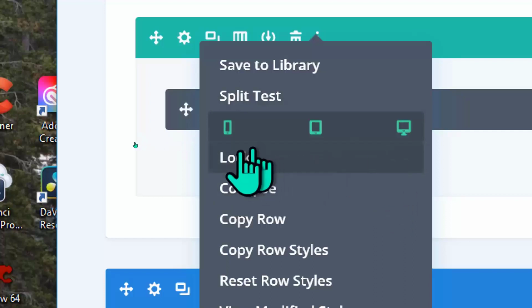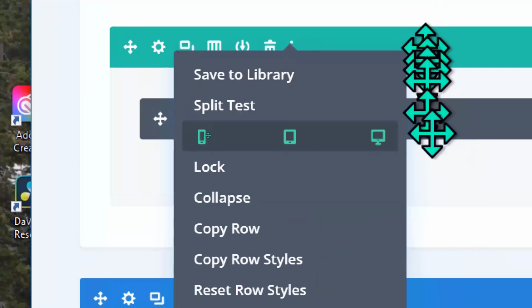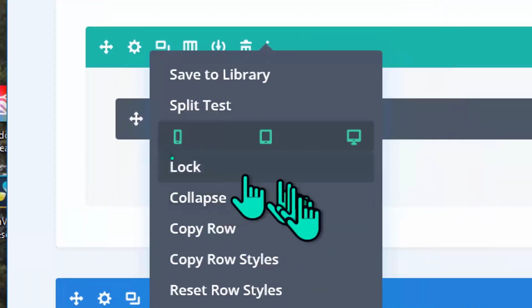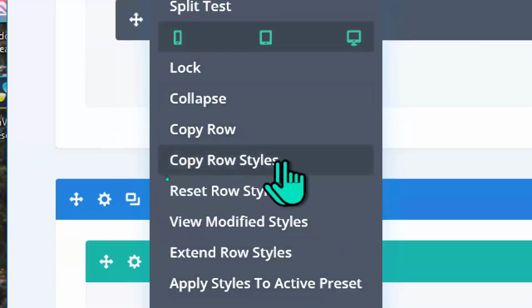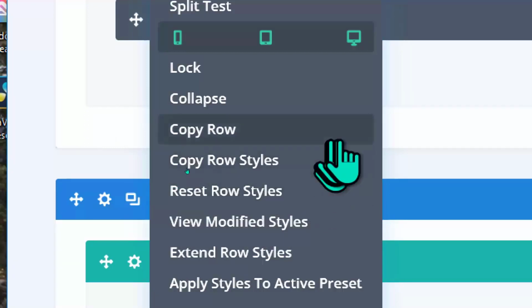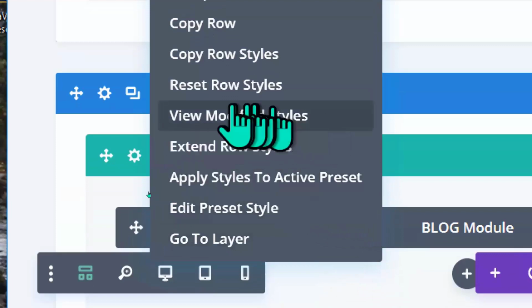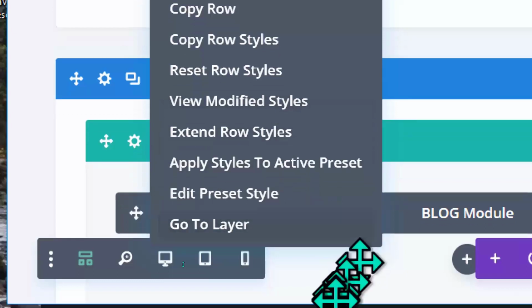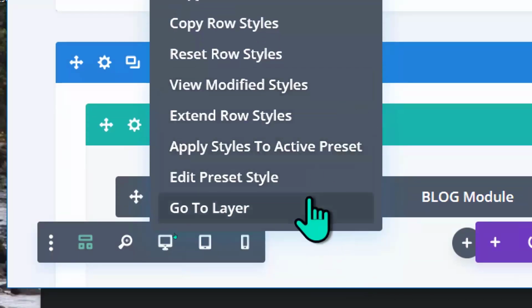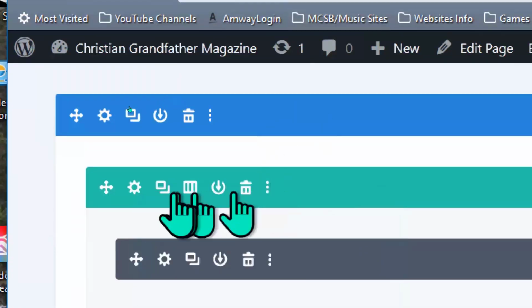You can lock the row so that nobody can change it. You can collapse it so it doesn't show any of the other elements inside of it. You can copy it and paste it somewhere else. You can copy the styles, and we'll talk about styles a little bit, or you can reset the styles back to default. You can view only the styles that have been modified. You can do a lot of other stuff. I'm not going to get into that right now, but this 3 dot button basically means more,